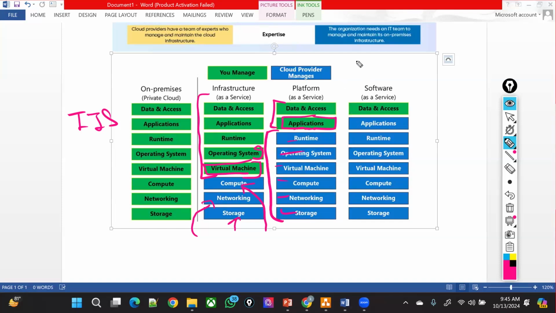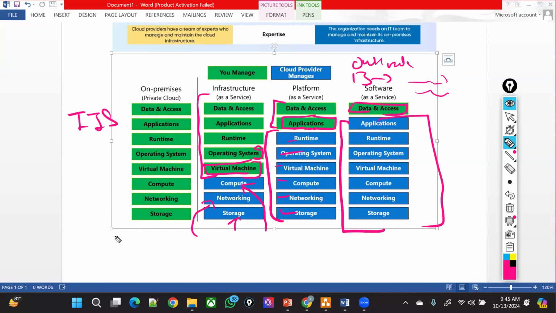Software as a service, if I'm opting for the cloud for Outlook, what happens? I just need to share that I need to buy 13 licenses, and these are my personal email IDs and everything. I just need to give the data and things over there, and the rest of the things my cloud is going to work on. So this is about